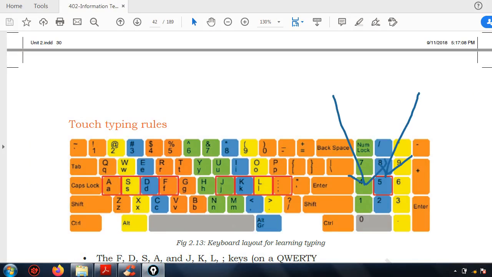And 4 is for the index finger, this is for the middle finger, and this 6 is for the ring finger, right? Index finger, middle finger, ring finger: 4, 5, 6. Understood? Okay.